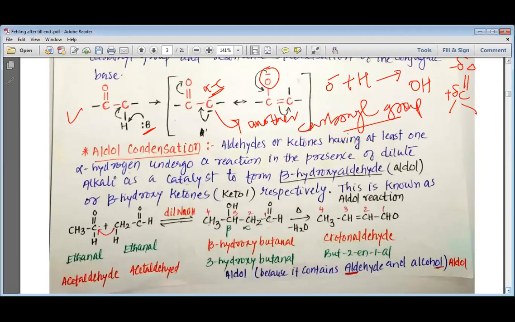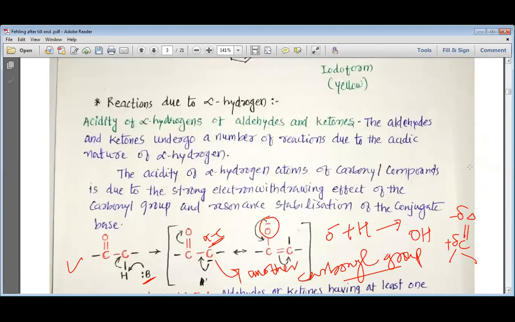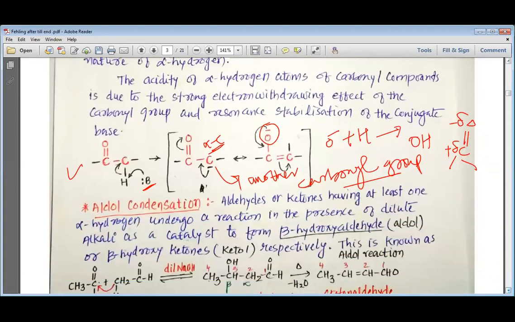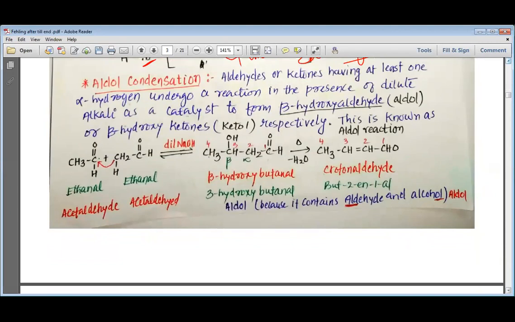So now let us revise the aldol condensation that we have seen. Whenever we try to make an aldol condensation, the type of reaction that we study is the reaction between the two same compounds. So for aldol condensation we need two same compounds,